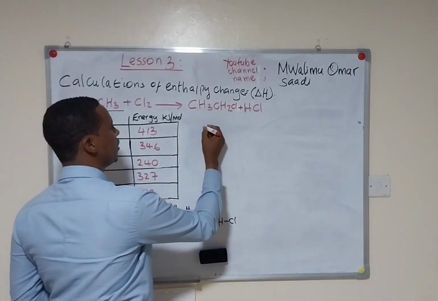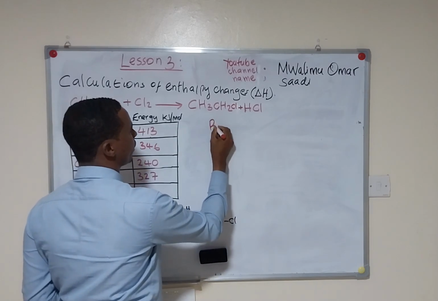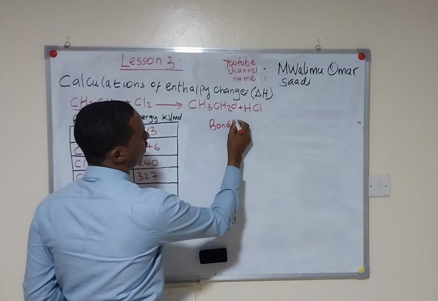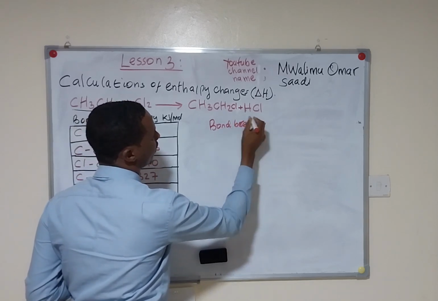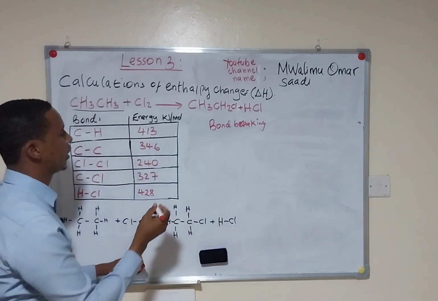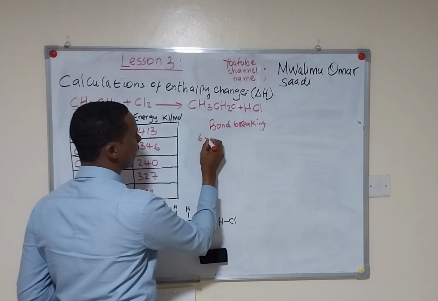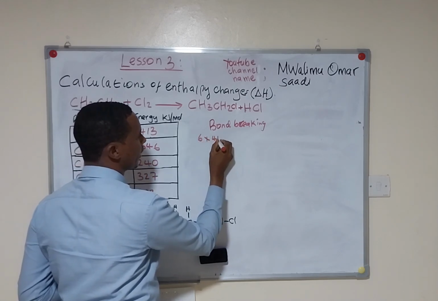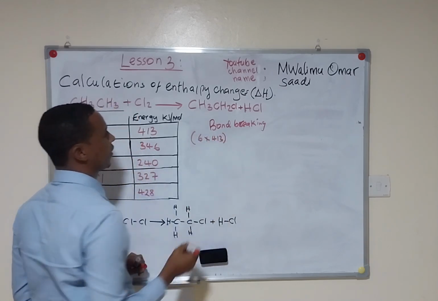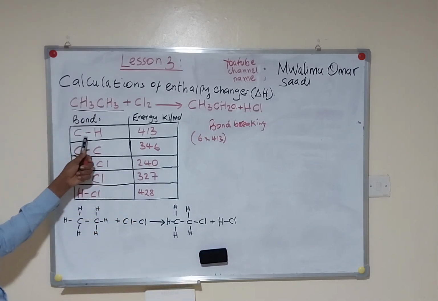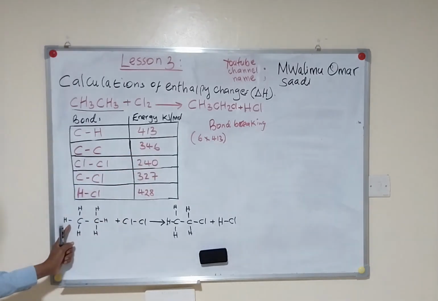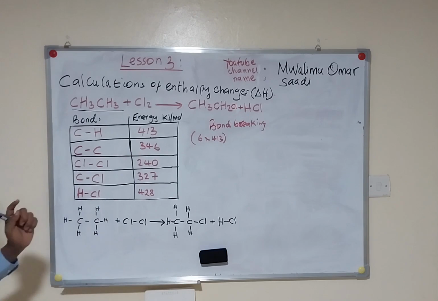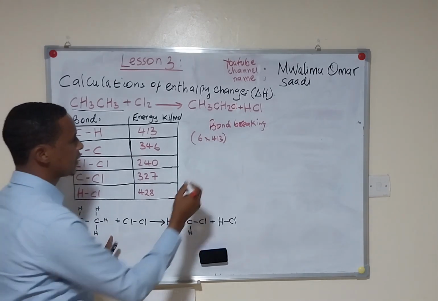So for bond breaking, we have 6 times 413, that is for carbon-hydrogen, which is 413 kilojoules per mole, and there are 6 carbon-hydrogen bonds there, plus